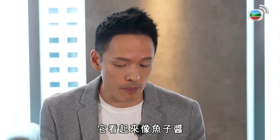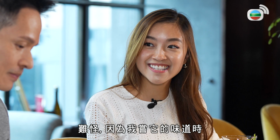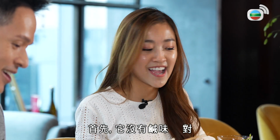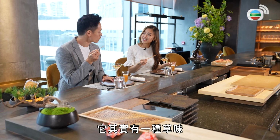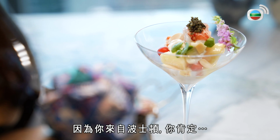It looks like caviar, but it's a vegetarian caviar called Belvedere. It's in the same family as quinoa. No wonder, because when I taste it, it tastes nothing like caviar. Firstly, it's not salty. Right. It actually has an earthy taste to it. Earthy. Try the lobster and tell me what you think, because coming from Boston, you must be...